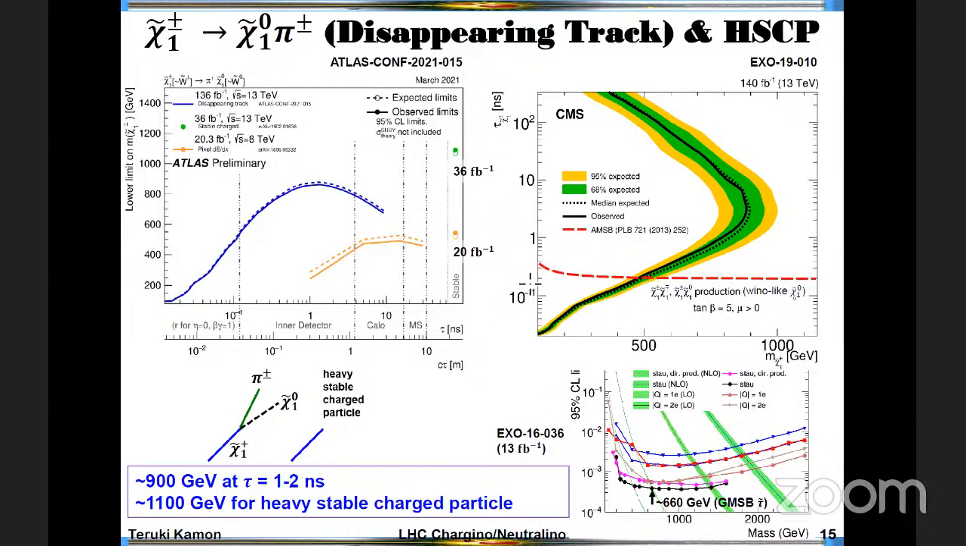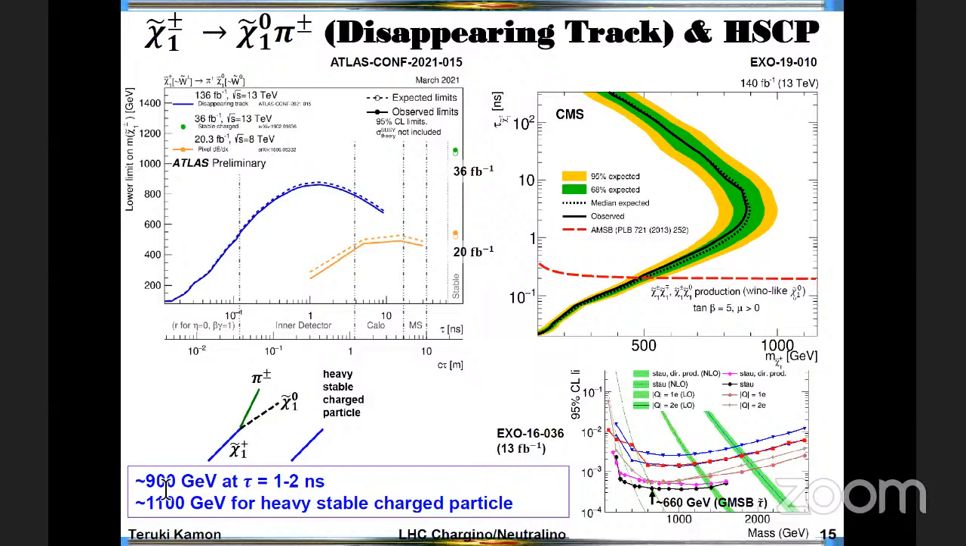So now, changing gear, the mass splitting between chargino and neutralino 1 is small, like 100 MeV, so you can produce a very soft pion. That's called the topology for the so-called disappearing track, or you can even look for a heavy stable charged particle. And the result is ATLAS on the left and CMS on the right, looking at this particular point here,